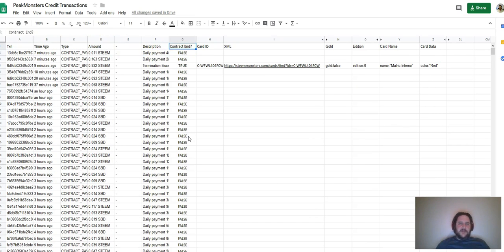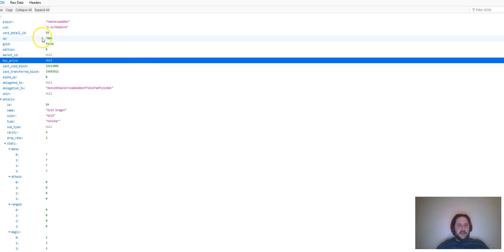Okay, so what it does is it looks for the phrasing if the contract has ended, and if that's true, then it pulls the card ID out. And if that is there, then it pulls the URL from PeakMonsters or Splinterlands to pull the card data, which, if you didn't know, looks like this. You can look up any card if you have the card ID, and you can see this either in the JSON,